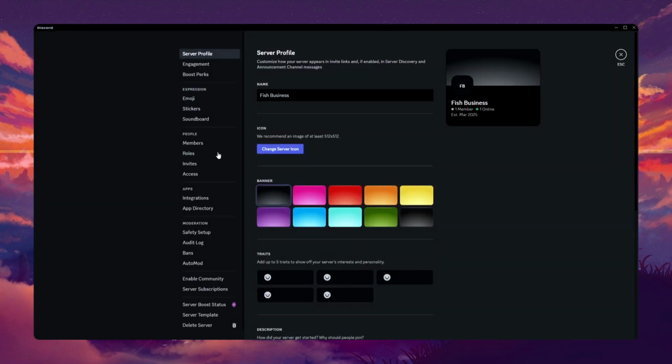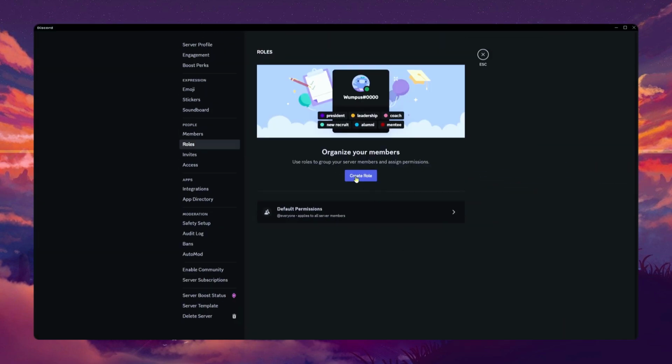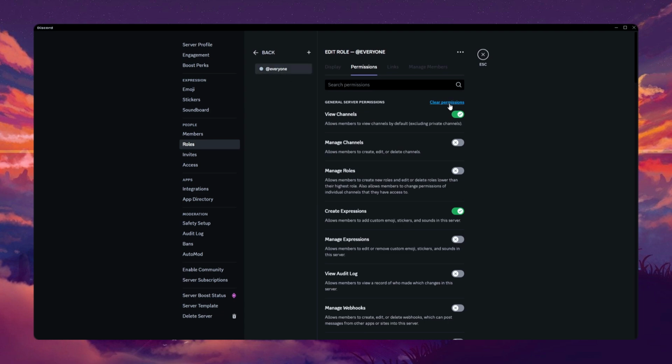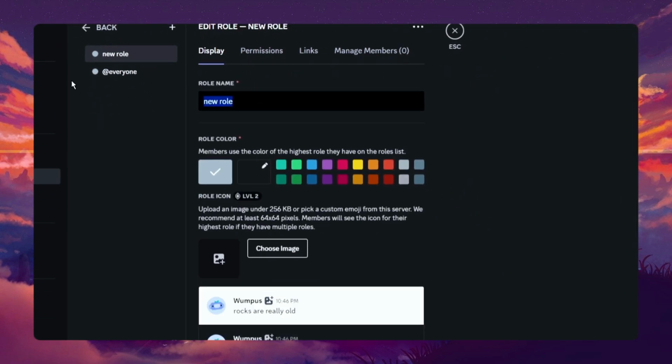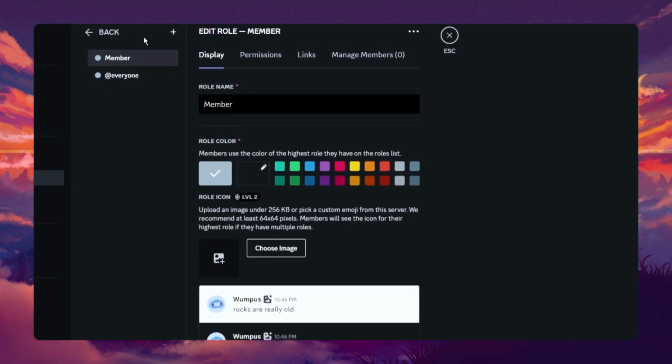So next off, we're going to go into roles, go to default permissions, and then clear them. This is because there's a very specific and really good way to set up a server, and clearing these permissions will cause every new role we create to not have them as well, which is perfect because every role should have very specific permissions. So we're going to create our member role, go to display, member, and then we're going